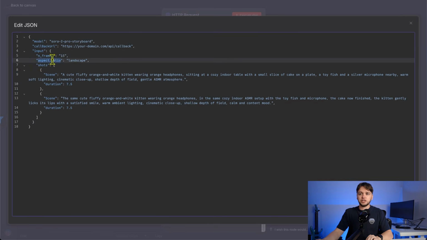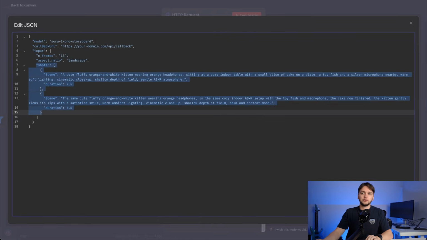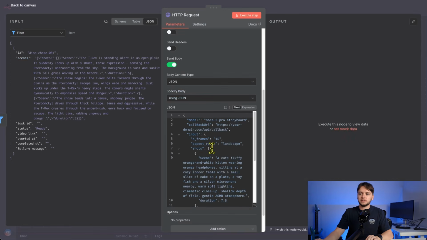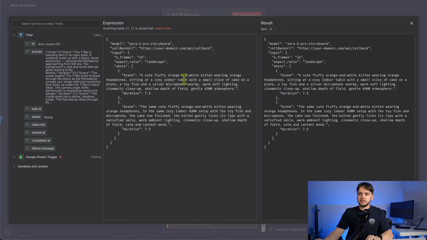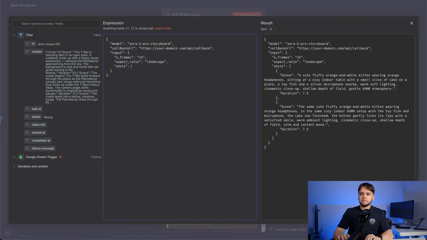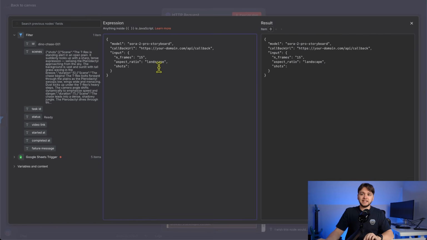Then the aspect ratio is landscape. You could set that to portrait if you wanted it in portrait mode, but landscape is like this. And then shots, we're grabbing the shots from our Google Sheet. So we're actually going to change this to an expression and then open it up into the big view. And we're going to remove this hard-coded value and then make it dynamic by dragging in the data from our